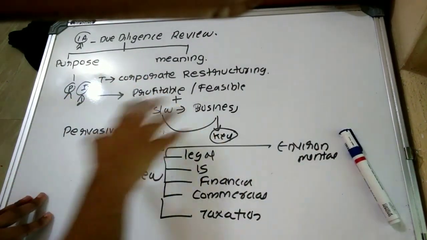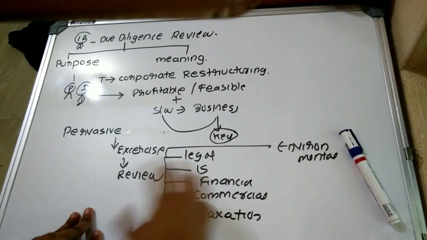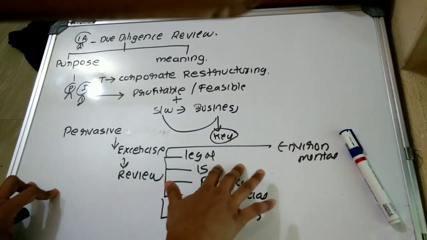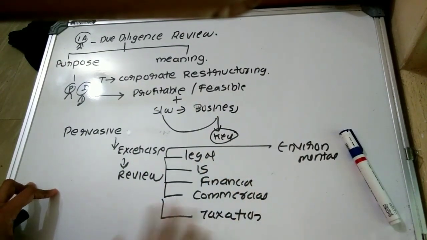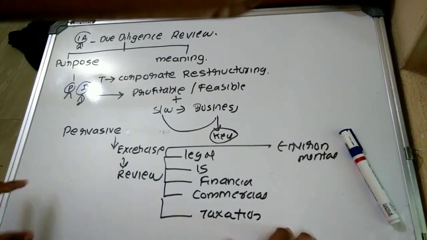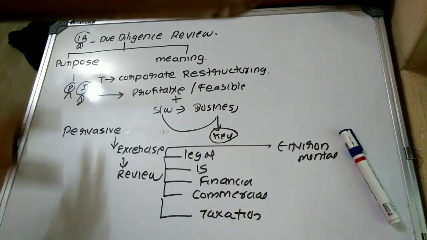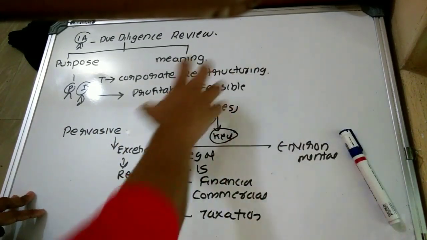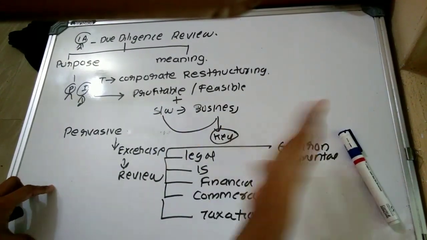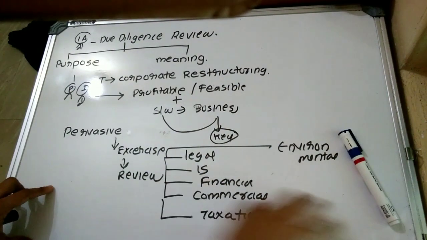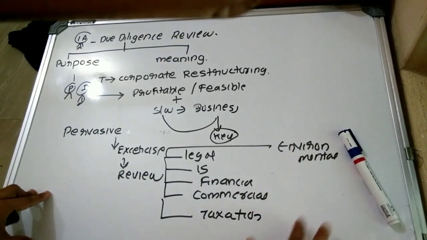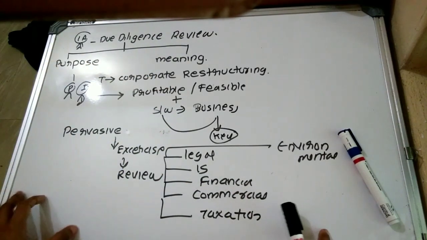That is, due diligence is a pervasive exercise to review the entity's compliance with these factors or the entity's operations with respect to these. That is, whether they are complying with the laws and regulations, and whether the information system of the said concern is providing the right information at the right time. So the main purpose of due diligence is to determine whether investing in the target company will be feasible by analyzing environmental matters, legal matters, information system, statutory compliance, commercial, financial, taxation, etc.